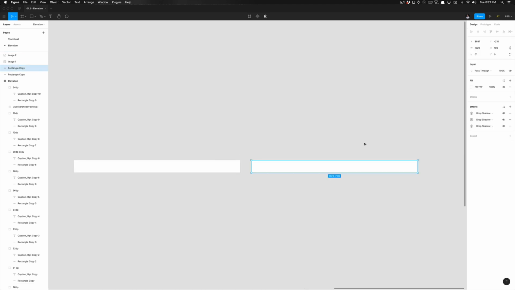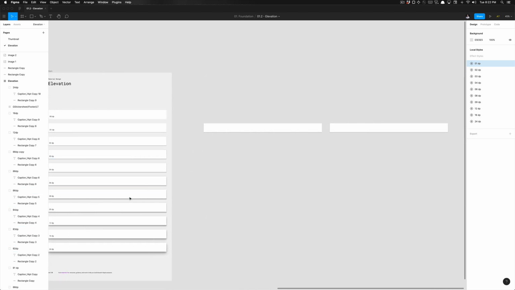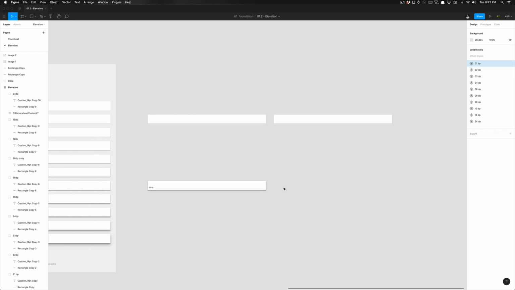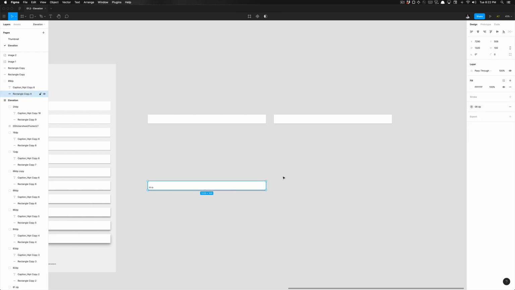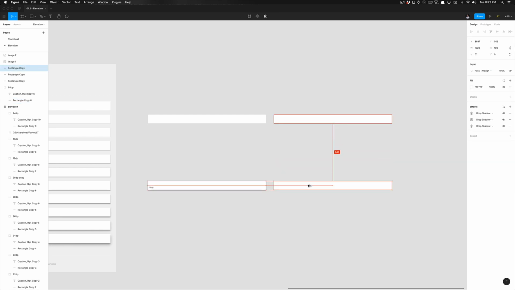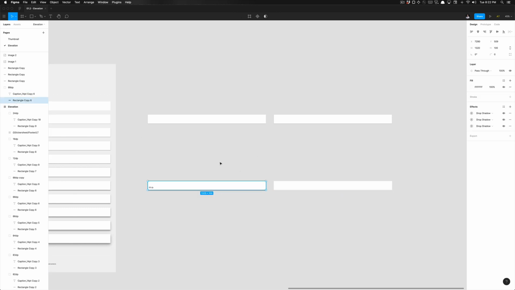So now that we have this style, maybe we go ahead and duplicate the 8-dip based version of this, and it's still attached to an effect style. So I'm going to detach that style. I'm going to duplicate this rectangle, and I'm going to delete all these drop shadows. And what I'm going to do is make sure I have my rectangle selected, and I'm going to hold down